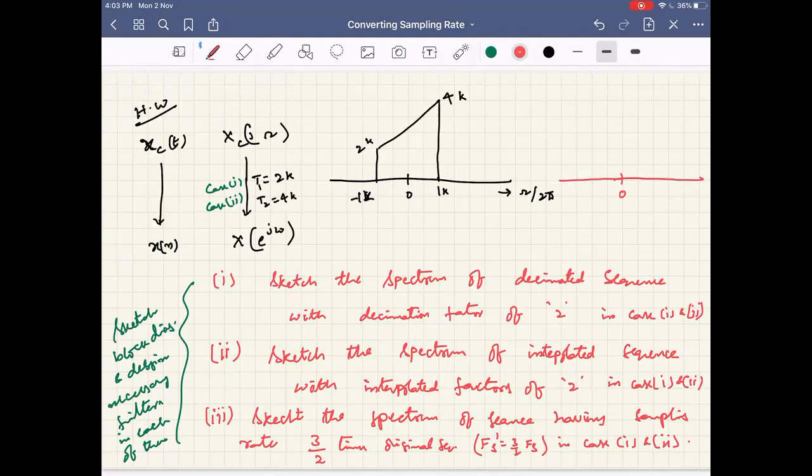This is minus pi to pi. It is like I have sampled and given, so here you can take it as